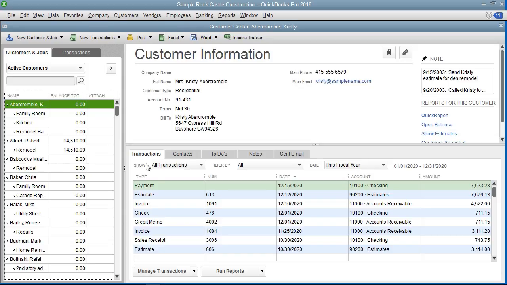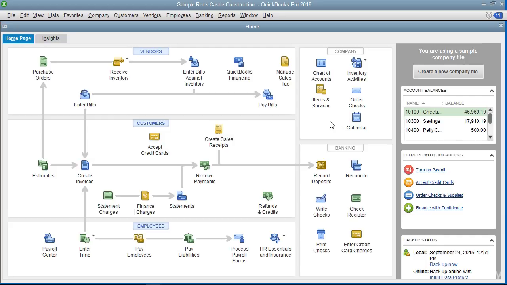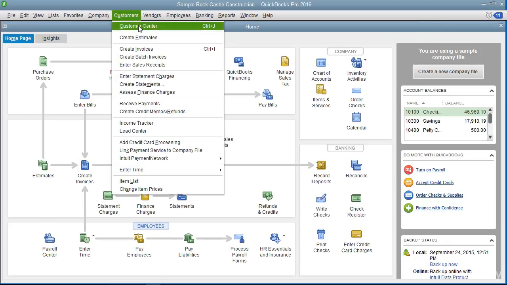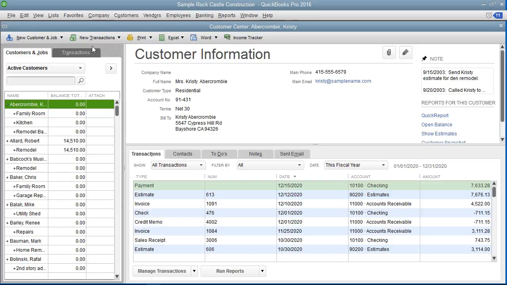To add a new customer to the Customers and Jobs list, you need to first open the Customer Center. You can do this by clicking the Customers button that appears in the icon bar, or by clicking the Customers button in the home page, or by selecting Customers and then Customer Center from the menu bar. You can also use the keyboard shortcut of Ctrl+J to open the Customer Center and display the Customers and Jobs